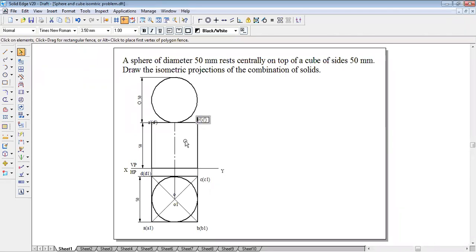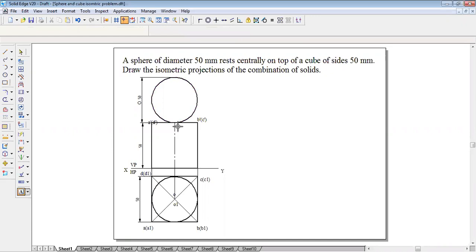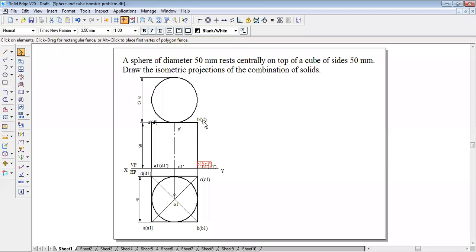Similarly, here you can draw O dash, here O1 dash, here A1 dash, B1 dash, which is inside the brackets, here B1, B1 dash, C1 dash is in the brackets. This is how we draw the annotations.